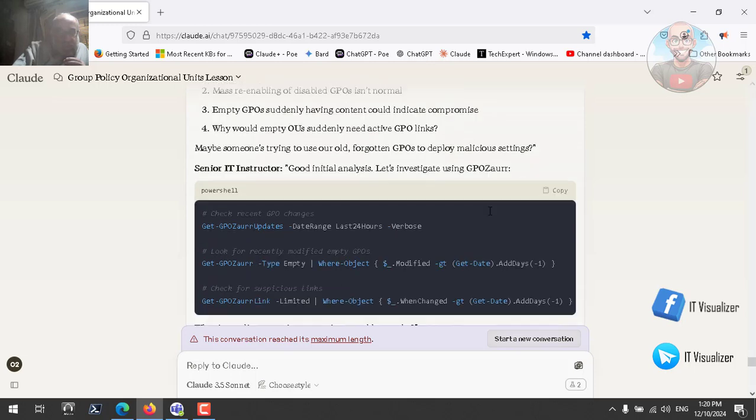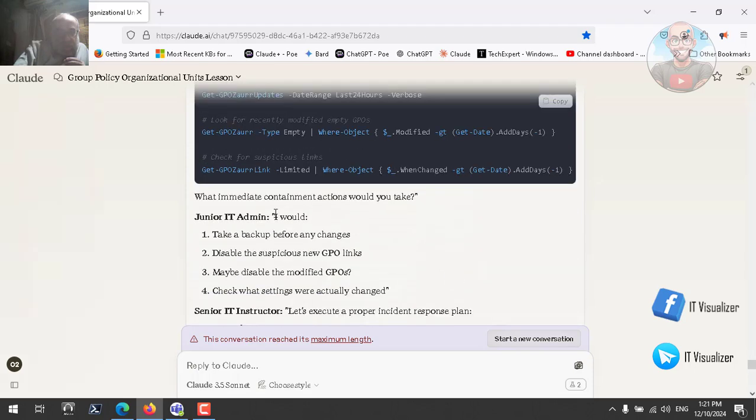Okay, so we will run this command to check recent GPO settings. This command looks for recently modified GPO objects within 1 day. Check for suspicious links. Okay, so all of these are used to find these changes. If we go further, what immediate containment actions could you take? Take a backup, this is correct. Disable the suspicious new GPO security